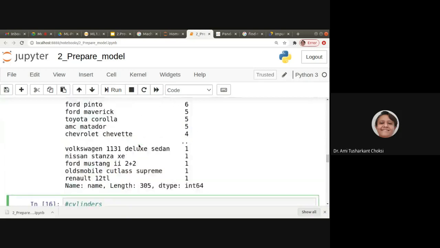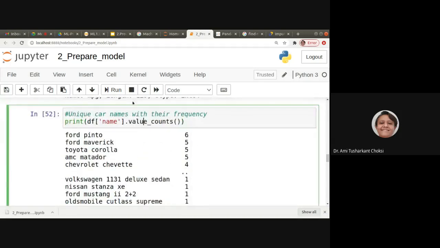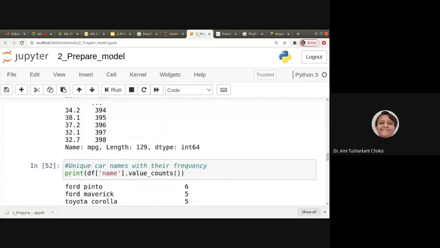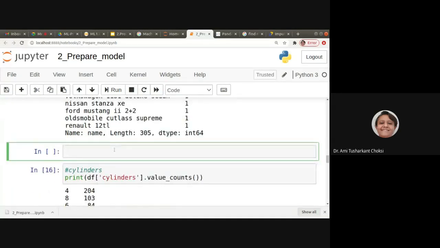If we want to have cumulative frequency, what we should do is let us have this frequency, that is a count, available, and then we have to use the cumulative sum.